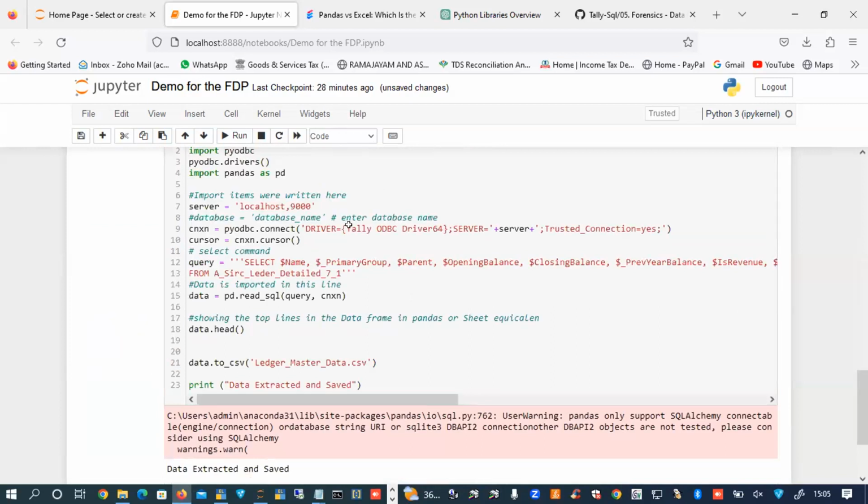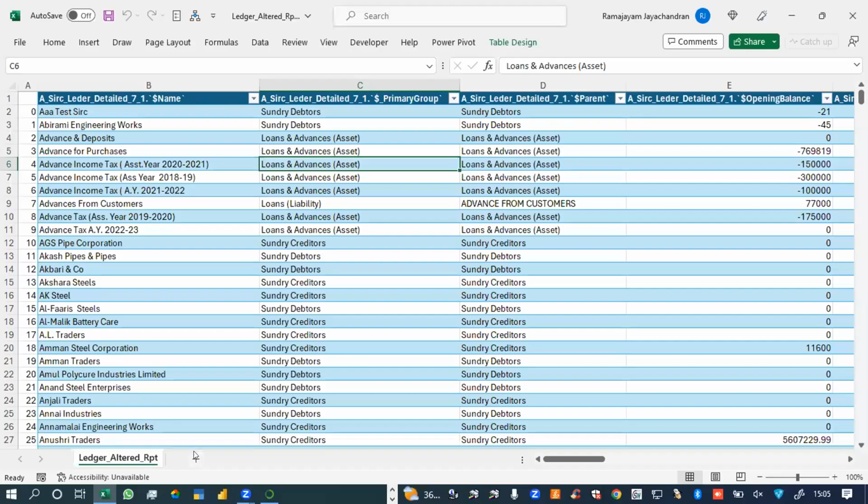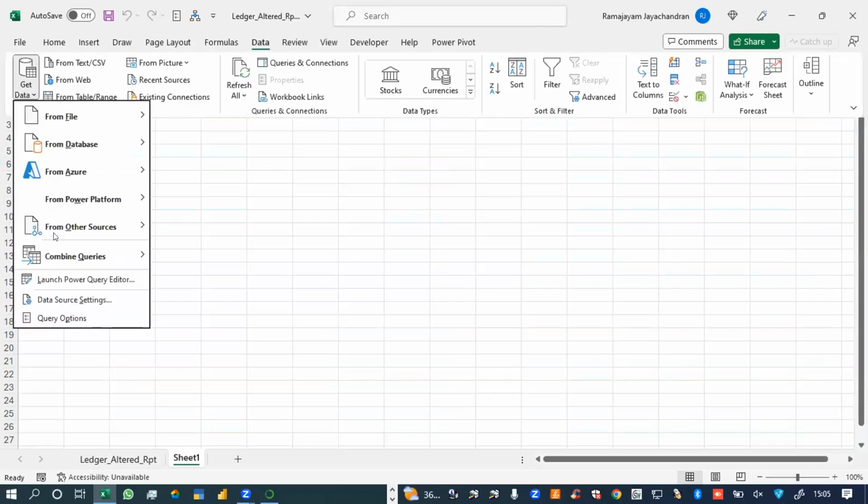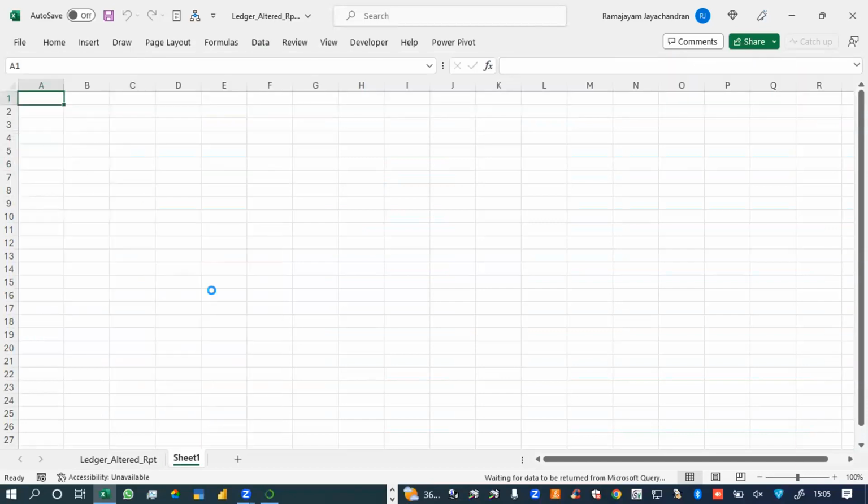Now I'm going to do it for the transaction also, sir. Session record, right? So now I'm going to do one more time for transactional data. Data, get data, other sources, Microsoft query.